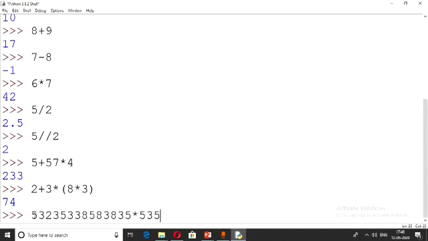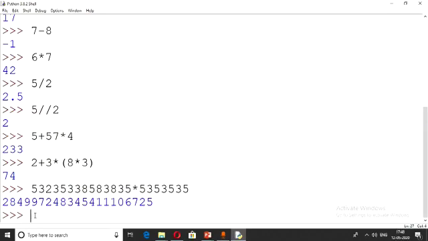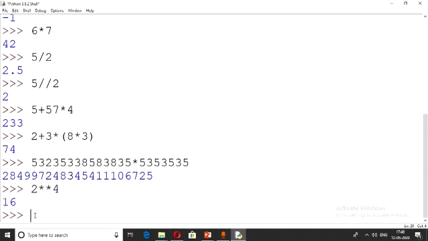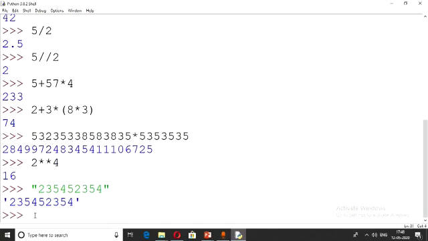It still gives us the result. Now let us see how exponent works. 2 raised to the power 4. Okay, we have here the output as 16. I hope you are able to understand. We can also write numbers in double quotes, but it will be taken as text.